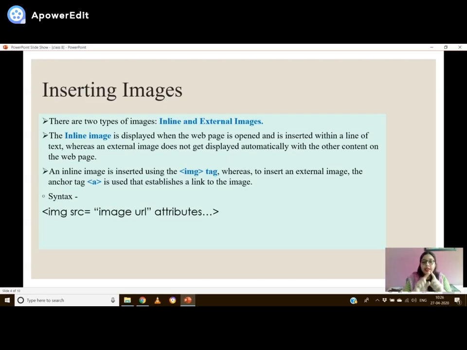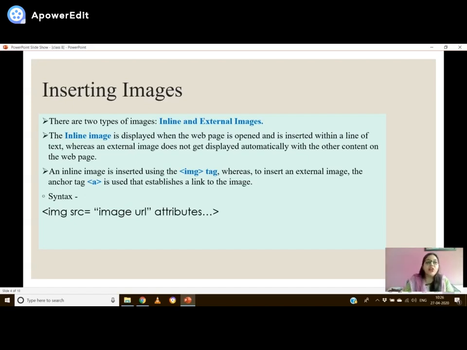Number one, if you have to display your image along with the text on your web page, you will use the img tag. And if you have to link anything, like if you have to link one web page to an image, one web page to a video, audio, one web page to another web page, or you have to link two sections of the same web page, then you have to use the anchor tag. Anchor tag is basically used for linking, no matter what you are linking in HTML, right?